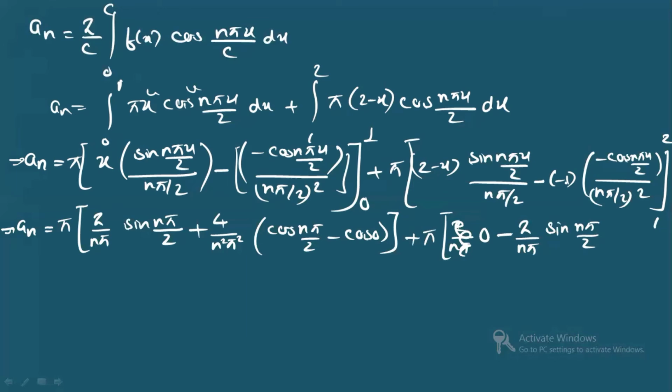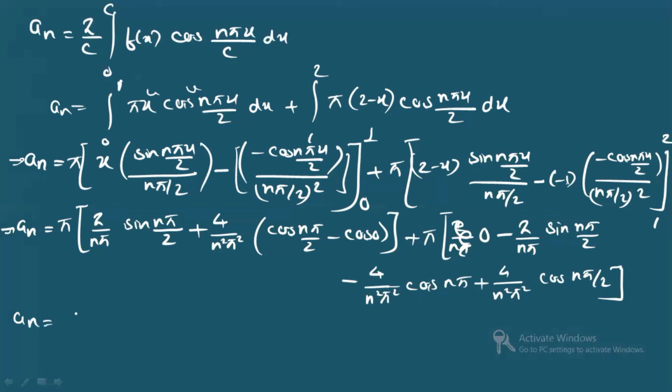Okay. So here it is minus and minus is plus, and then you're having here minus, right? So minus 4 by n square pi square. And here if you see, if you put here 2, what you will have? Cos n pi, right? 2 and 2 will get cancelled. Again, here it will be a minus sign, so minus and minus will become plus because already there is a minus sign. Okay. So here you will have 4 by n square pi square. This is 1. So it is cos n pi by 2. Okay, just put the upper and the lower limit.